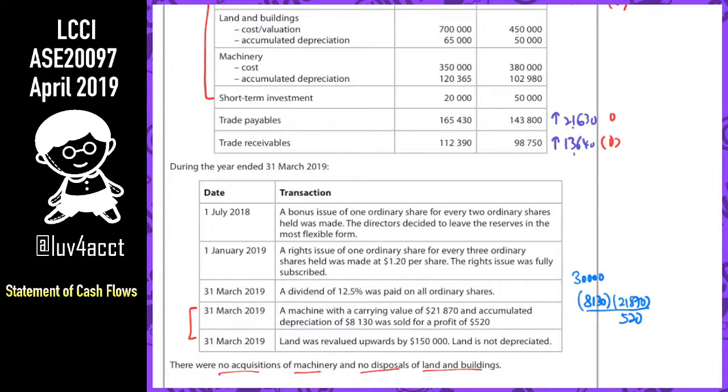2520 plus 21870, 24390. Yes. So this is for the disposal. Proceeds go into the investing activities, positive, and then the disposal gain goes to operating activities, negative. And then this will help you calculate